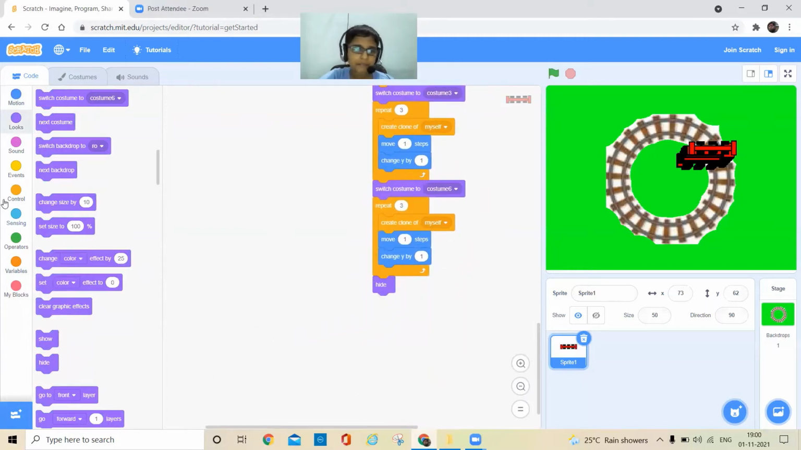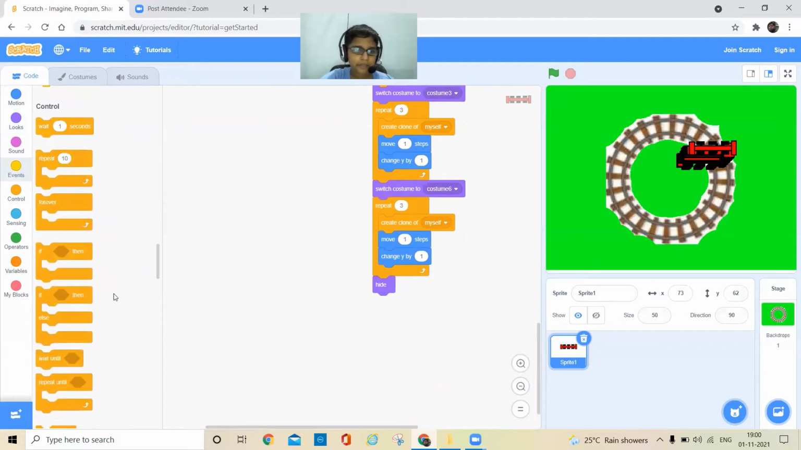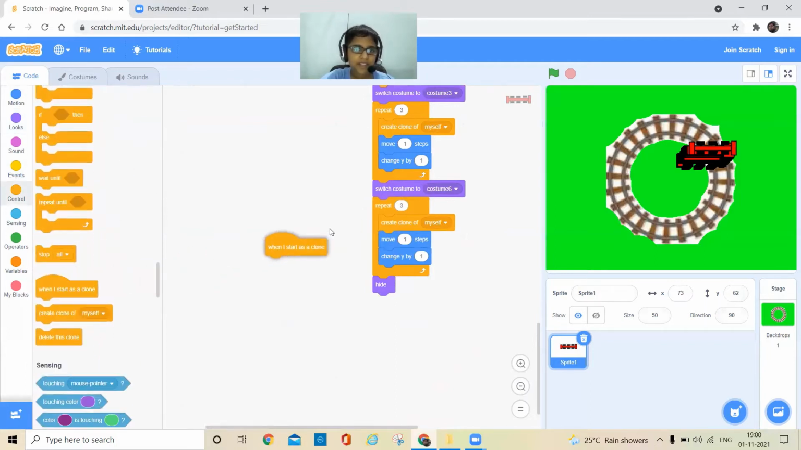So we are going to make the train move with this when I start as a clone. So this when I start as a clone is only for the clone. So when this costume is just showing here, this one will just stay here and the train will just go around. So it should hide. Okay, now